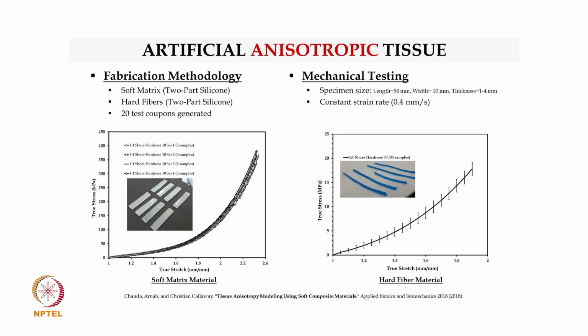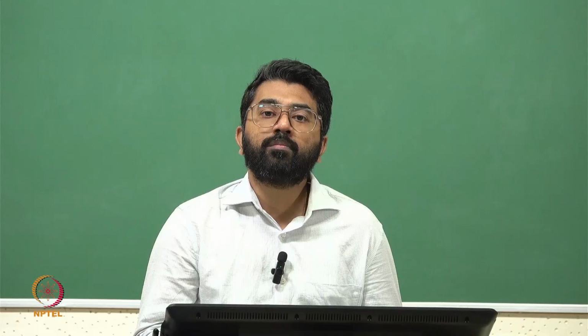So the way we did this was we selected two different silicone materials, right? One was a softer material and one was the harder material, the 10A and 30A. And we considered that we'll create fibers with the harder material, and we will have these fibers embedded within the softer matrix to give it the same definition of how we define any soft tissue macroscopically, right? We define it as a soft composite, which is fibers within a softer matrix, right? So to kind of have that definition